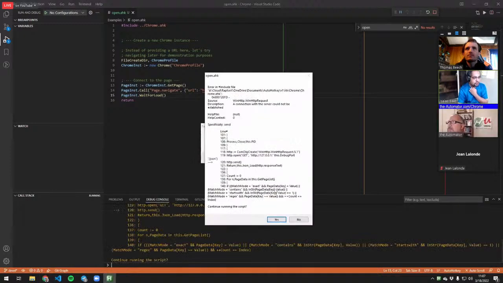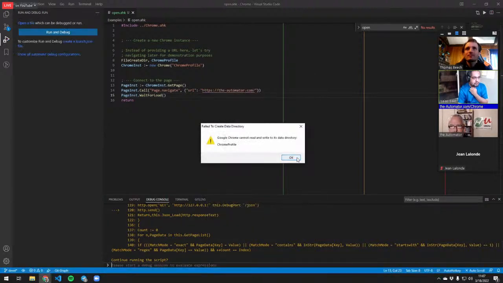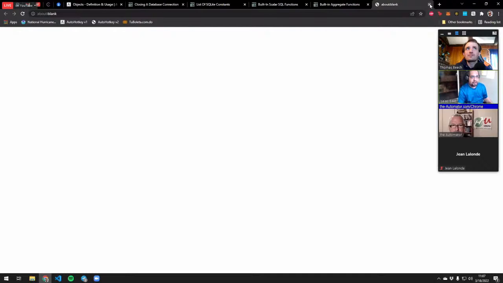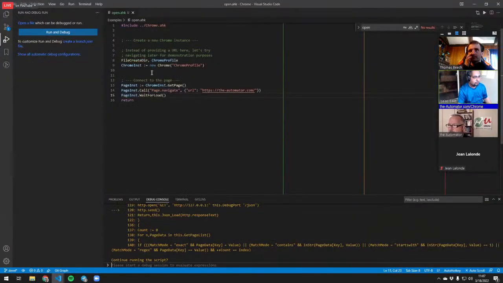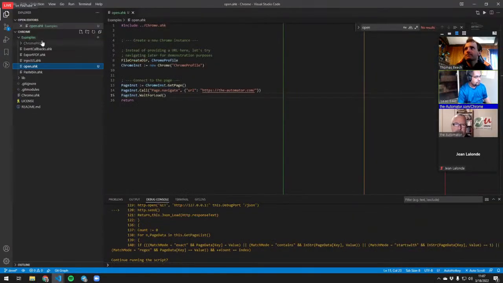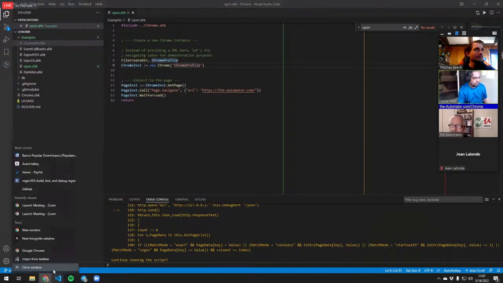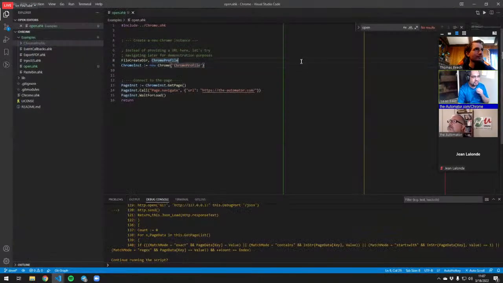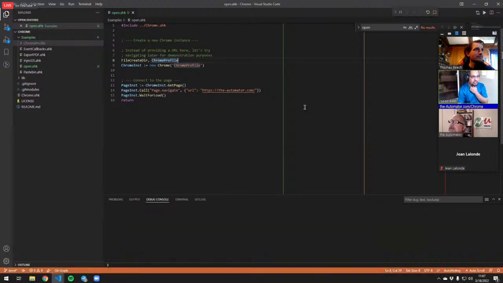So you cannot write to it. Let me see. Hold on. I'm sorry. It couldn't go ahead and open it. It couldn't write to the folder. Why not? It should have created a folder. It's there. Yeah. Which is a really good point. So it created the folder, but it cannot access it for some reason. Usually, maybe it's because Chrome was open or something. Let me close it just in case. But in general, it should be